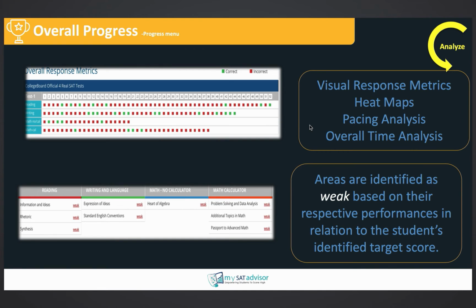The top picture is a very powerful visual that I personally love, and I wish I had a resource like this when I was preparing. It is an overall response metric. And it's powerful because this entire visual represents the test. The entire 4-hour test is in these dots. And obviously red is incorrect, green is correct, but what it does is let you see where you got things wrong during the actual process of examination.